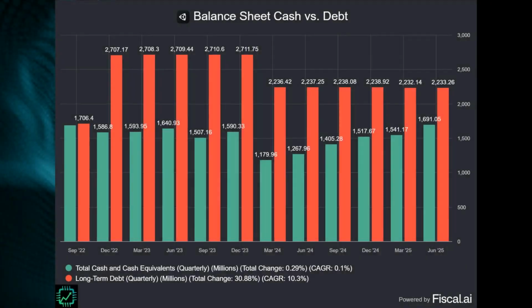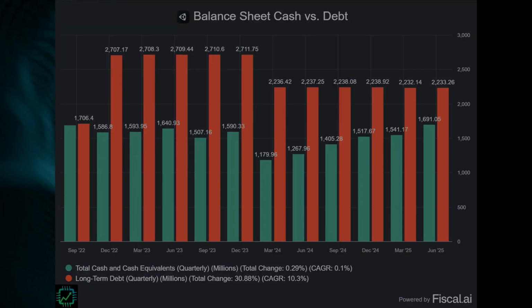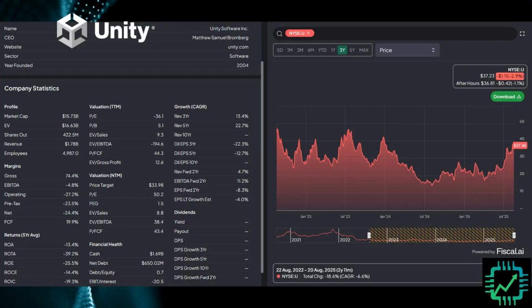Way too soon. The cash on balance is increasing because they are free cash flow positive and they're not buying back stock or anything. They're just accumulating cash and investing in things that need fixing, like the rollout of Vector, the AI-powered ads software. The stock price has roughly doubled from where it was earlier this year, up something like 80% from when I think we released the article here to all of you. Just throw out all the valuation metrics there on the left. I think they're pretty meaningless.